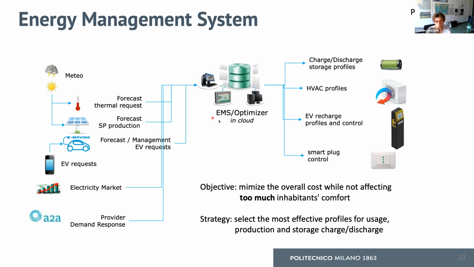So this is all the information collected, and the optimizer actually controls how to charge and discharge the energy storage, how to heat and condition the spaces, so the control of the temperatures within the building, how to enable or prohibit the recharging of the vehicles based on how the rest of the system is using and producing energy, as well as the availability of some smart plugs distributed over the campus to allow the user to charge their own devices in a sustainable manner based on the energy being available throughout the entire campus.